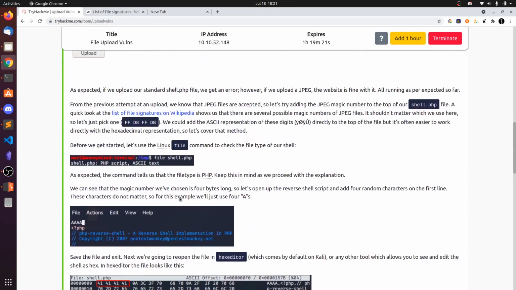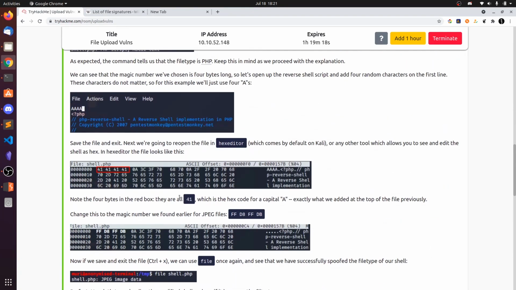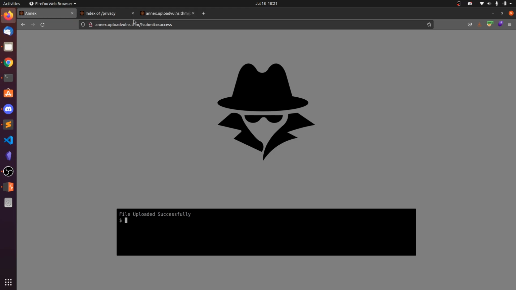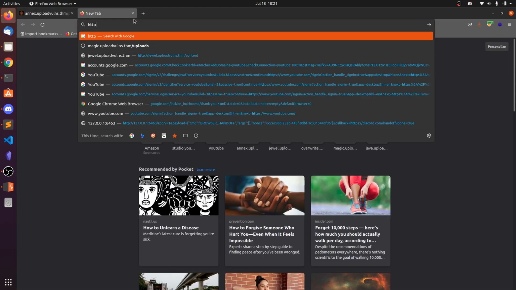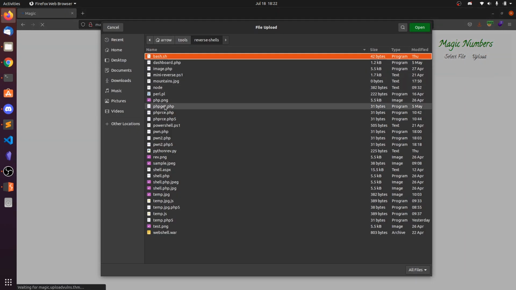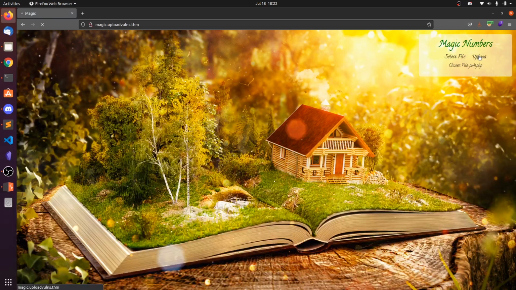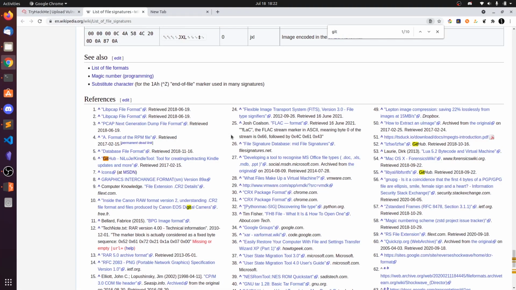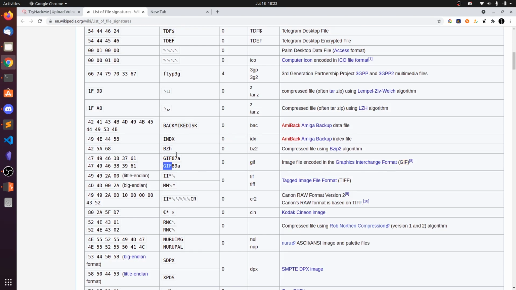So here what we are going to do is, there is some filter, and now let's go to that magic.upload_once.thm. Copy this. So select the file, let's select pond.php and select upload, and you can see it says GIFs only please. So let's go to the previous list and search for GIF. So the GIF magic number is this one. So you can copy this one. All you need to do is